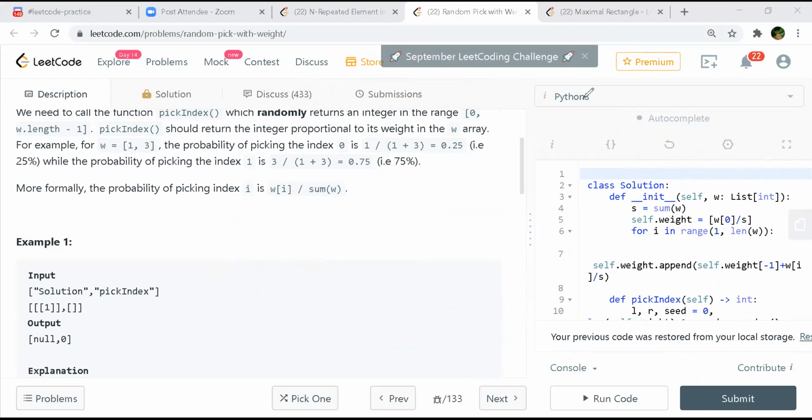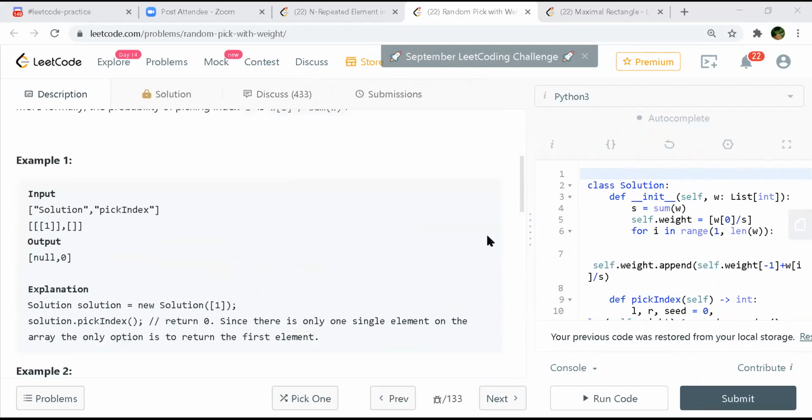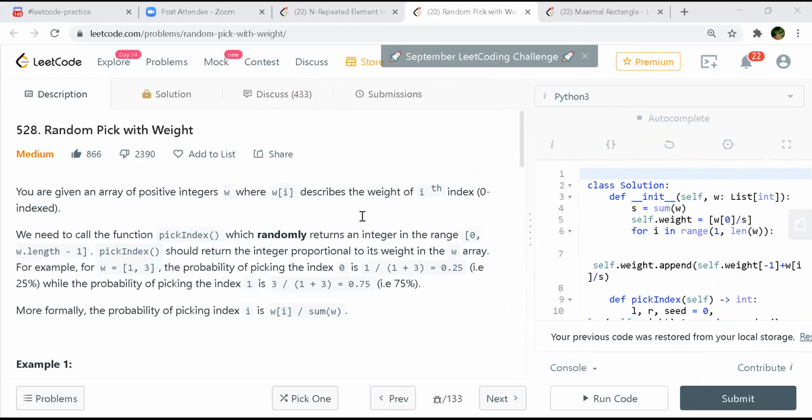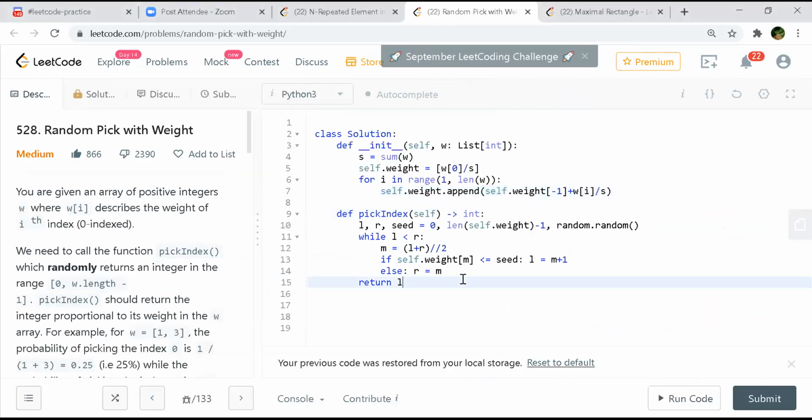Where was it asked? Many companies. A lot of companies. It's a common one. But a lot of dislikes are there for this.